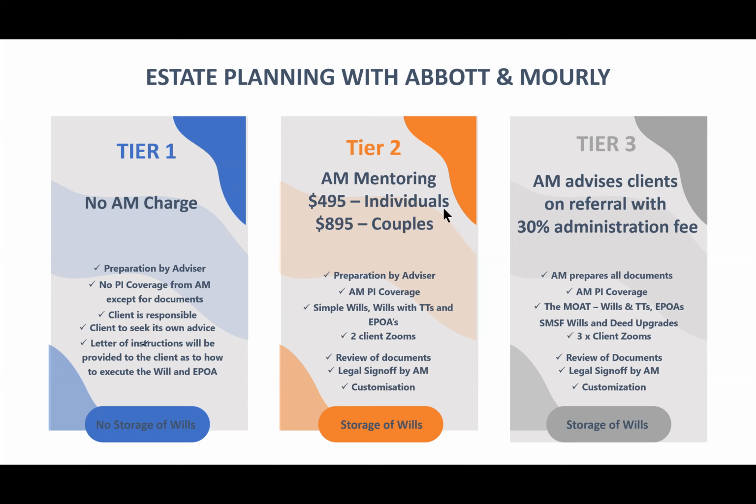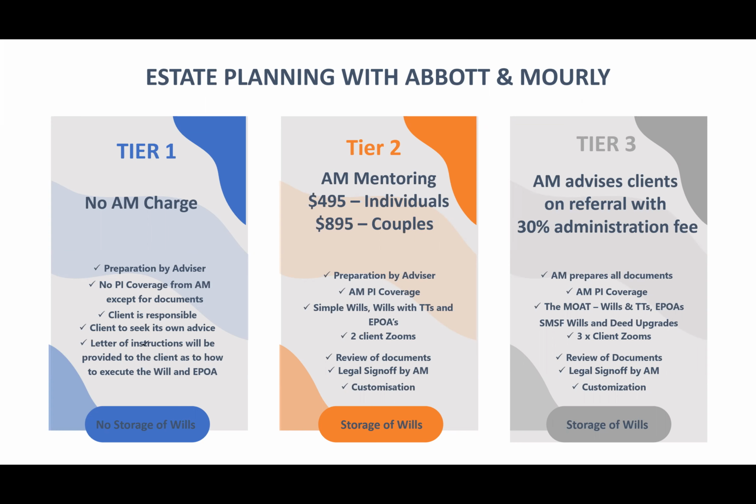That's all part and parcel of the 5-step roadmap. We also get the opportunity to review documents. And there's legal sign off, of course, by AM. As part of that bundle, you also get customization. So if the client needs any amendments to the will or any specifics or customizations, we can do that. So that's the Tier 2